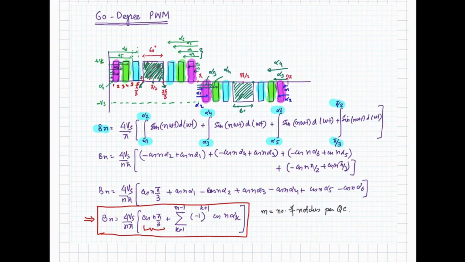Any combination can be used to control the harmonics or the spectrum in the output voltage waveform. In this way you can improve the quality at the output of your inverter because you are controlling the spectrum, you are controlling the harmonics. So voltage THD can be controlled, current THD can be controlled